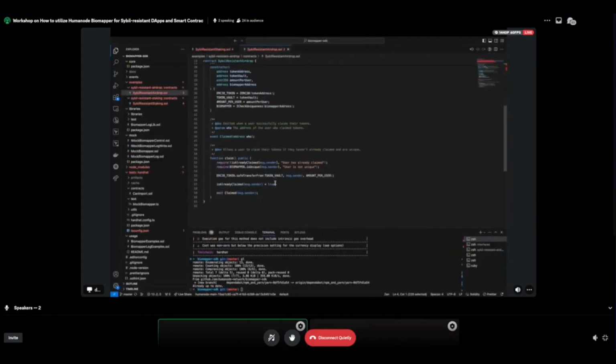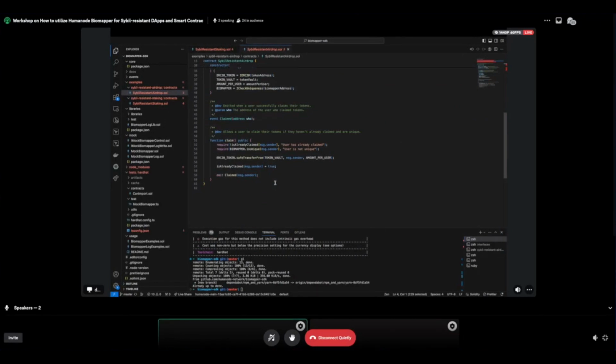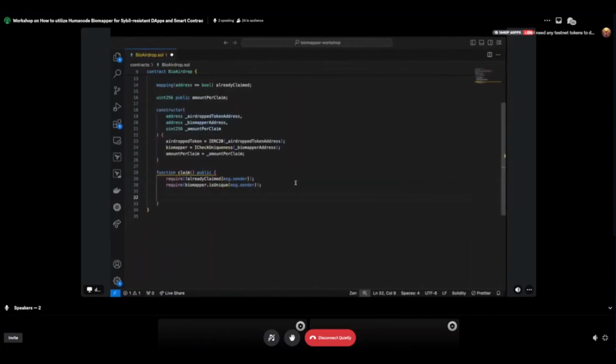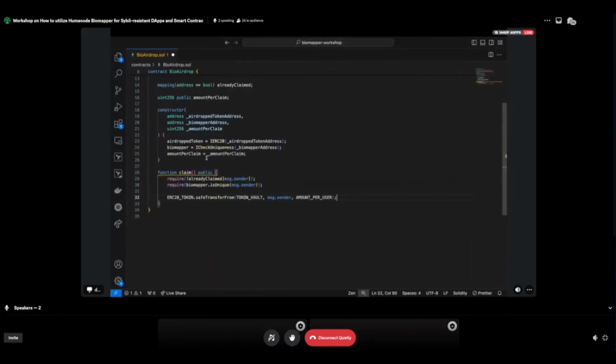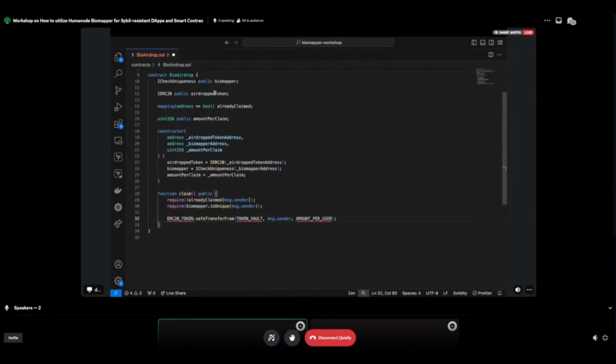Now let's see how to take this. So our token. Token vault is